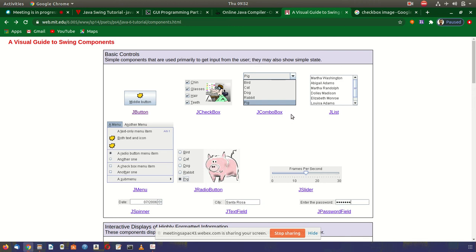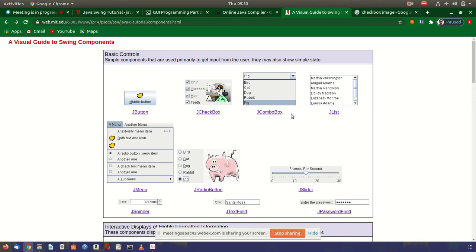Next is the combo box. Now what is a combo box? A combo box is a collection of values, out of which only one value is applicable at a time. In a checkbox, many values we can select, but in a combo box only one value can be selected.